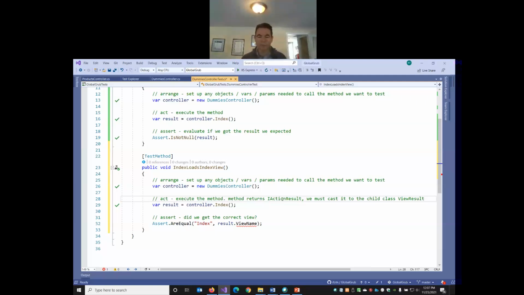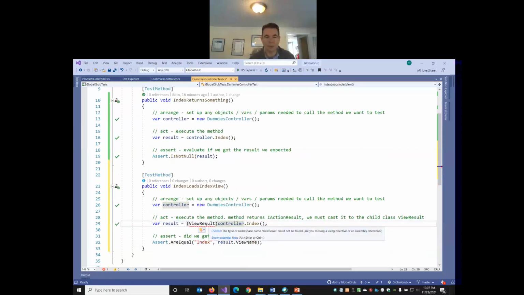There's views, there's redirects, there's JSON, there's HTTP status. In order for this object to have a view name property, we're going to have to do a cast. So we're going to call the method, but we're casting it to a type ViewResult. So that solves the error down here